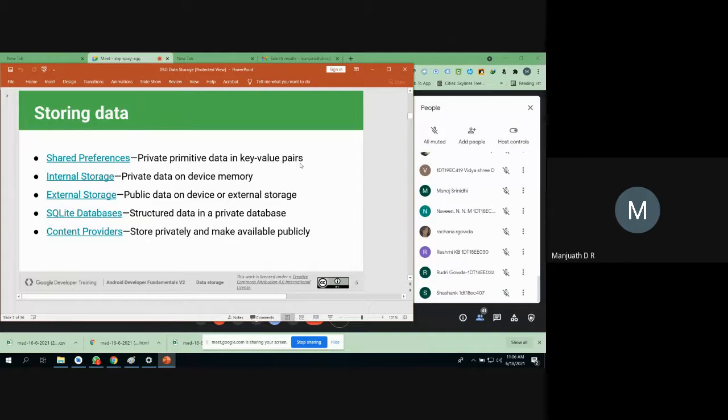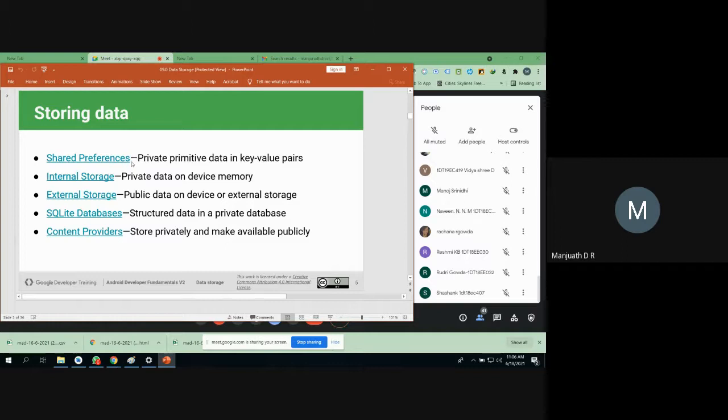We already came across the XML format as well as the JSON format, right? So how the data is actually stored: we have a key on the left side and a value on the right side. Similarly, shared preferences is going to store the data in that format. And you can store the data in either internal storage or external storage based on shared preferences. Normally, when you are storing your data in shared preferences, the file name always represents your package name. That is the uniqueness, right? That is what it comes with.